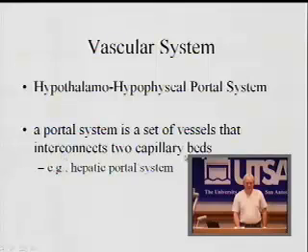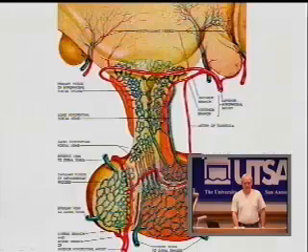So it's a set of vessels that interconnects two capillary beds, is the specific anatomical definition of a portal system. For example, the hepatic portal system, the first capillary bed is in the intestinal wall where the arterioles break up into the capillary bed. Those capillaries coalesce into venules, ultimately veins, drain into the liver through the hepatic portal system, and then drain from the liver through a capillary bed in the liver, the second capillary bed, drain into the systemic venous system. So we'll see that a similar type of two capillary bed system connected by portal vessels exists in the